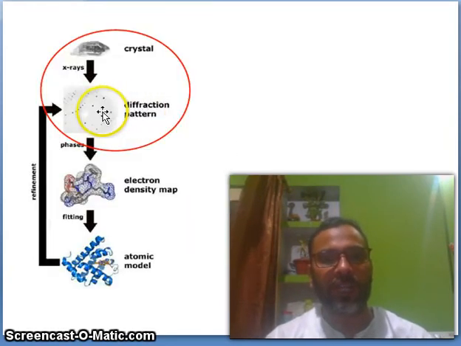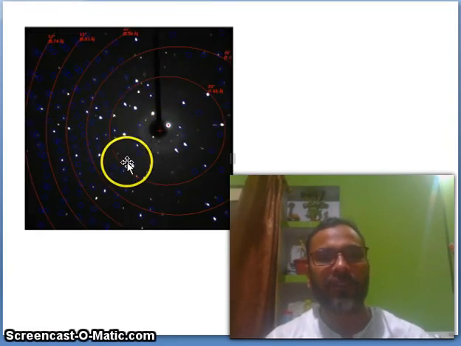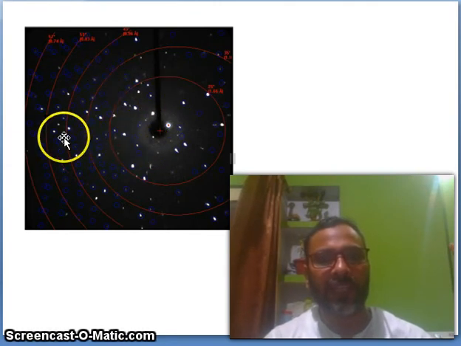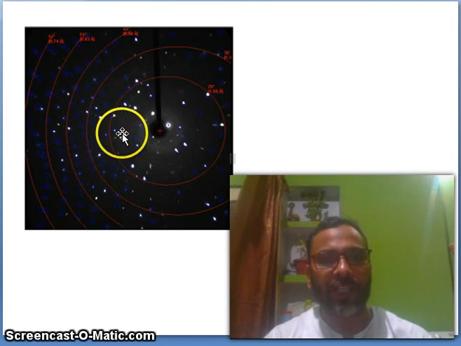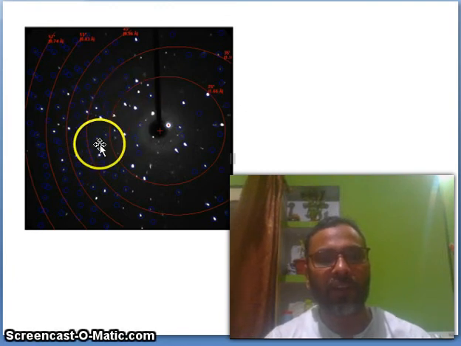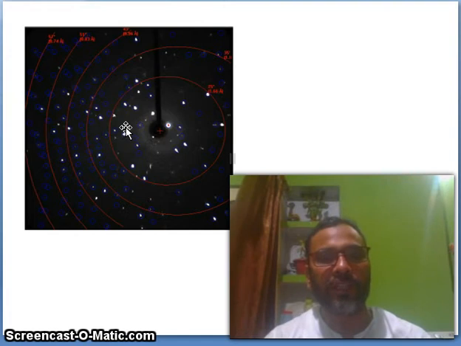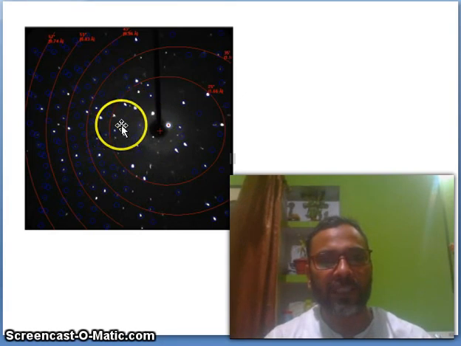So look at here, the diffraction pattern. This is the diffraction pattern. If your crystal after mounting looks like that, it means you have a good crystal. If this high intensity peak has not appeared during mounting the crystal, then people think this crystal is not good, meaning it is not diffracting. And this one is the beam, you can see here. So the high intensity white peak is very important for the crystallographer.